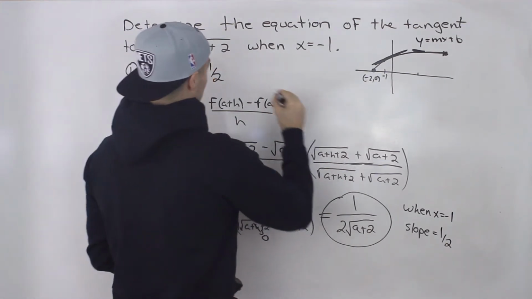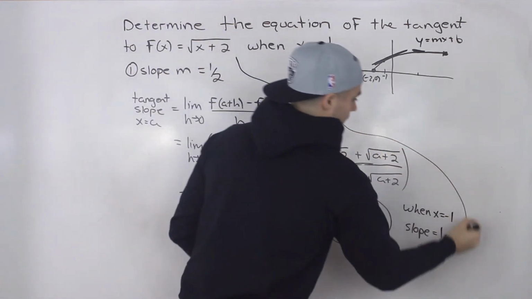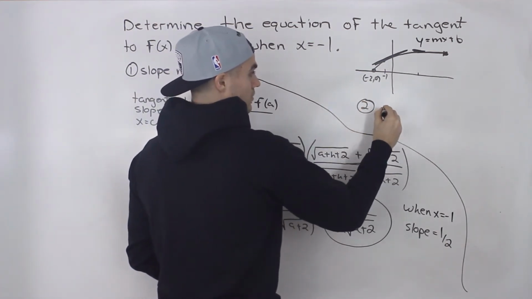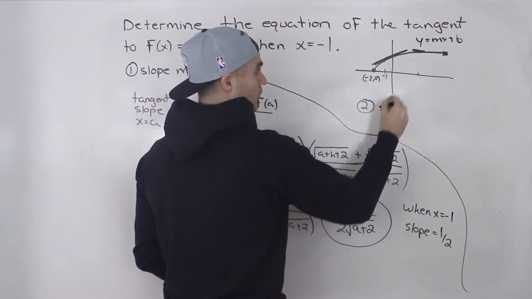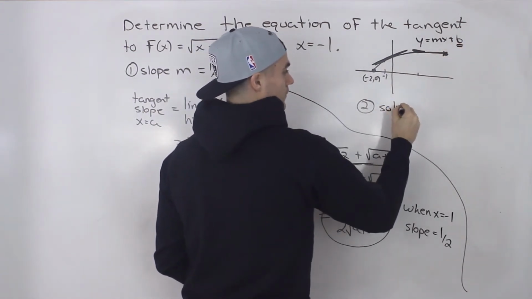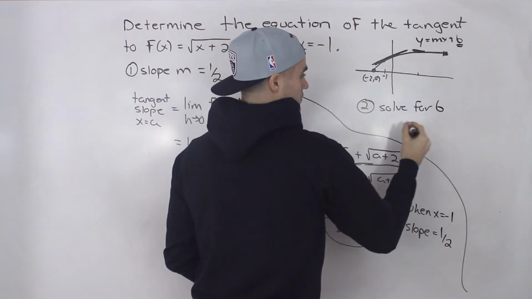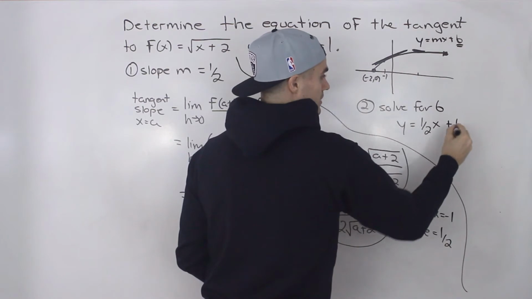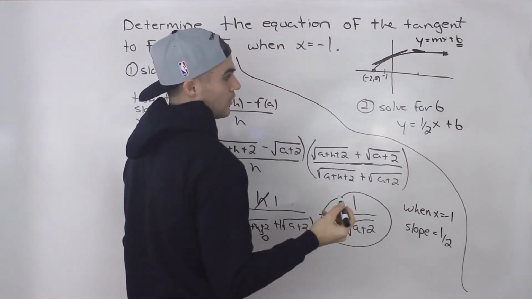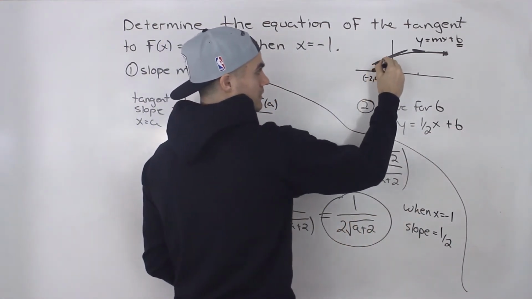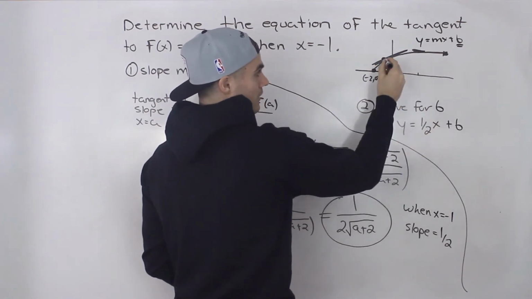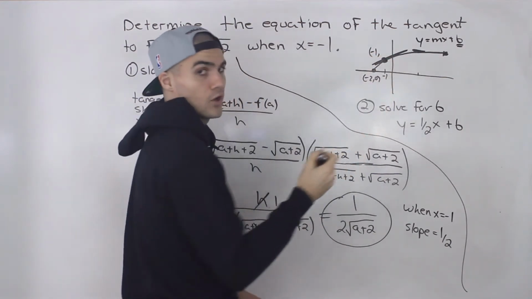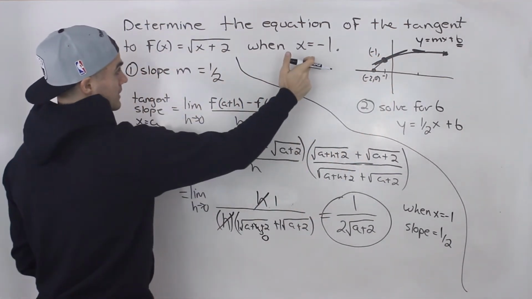So step 2 now, let's put a line here. So I'll do step 2 over here. Step 2 is we have to solve for the b value. And the way we can do that is we've got y equals 1/2 x plus b, right? The slope is 1/2. And all we have to do is plug in the x value and the y value at that point. Well, we know the x value is -1. The y value we don't know, but we can find it by plugging in x equals -1 into